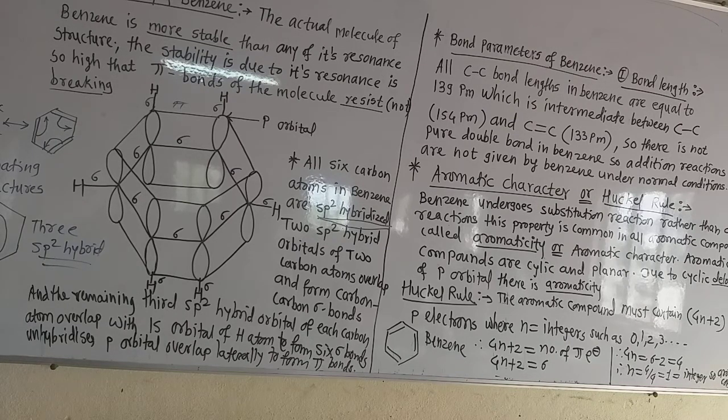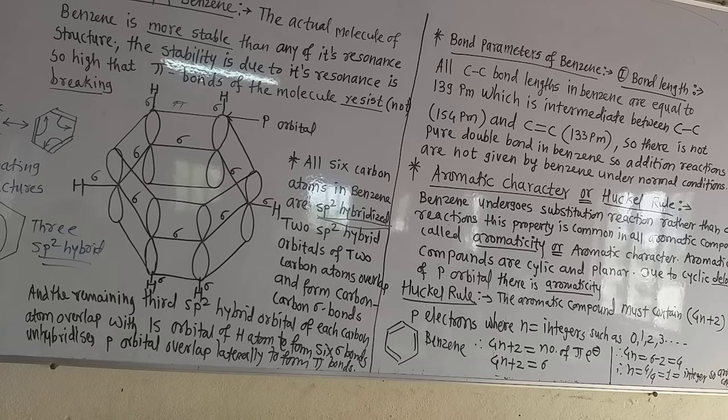Now we come to the bond parameters of benzene. Which are the bond parameters? Bond length, bond angle, and strength of the bond. The first parameter of benzene is the bond length. The carbon-carbon bond length in benzene is equal to 139 picometer, which is